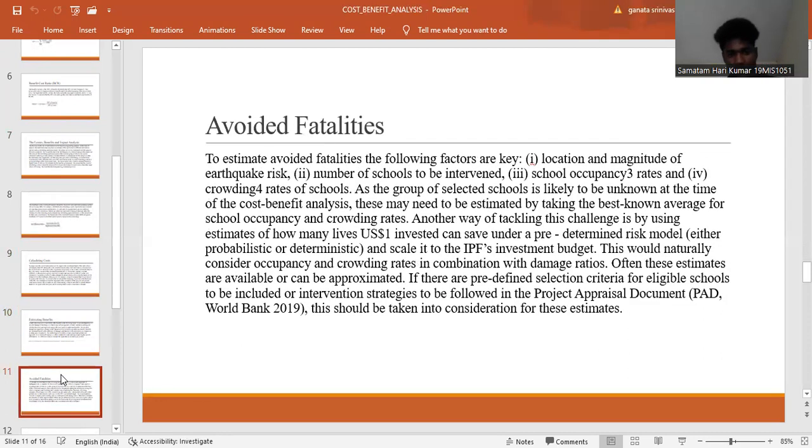And avoided fatalities. To estimate the avoided fatalities, the following factors are key: location and magnitude and earthquake risk, number of schools to be intervened, and school occupancy rates and crowding rates of schools. And as the group of selected schools is likely unknown at the time of the cost benefit analysis,